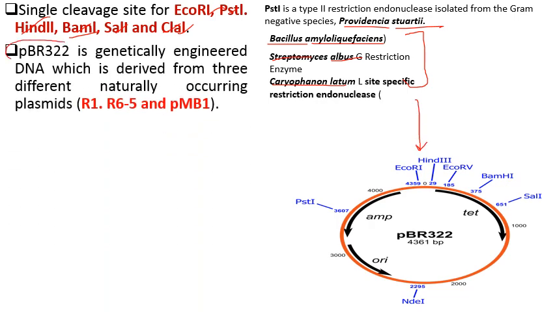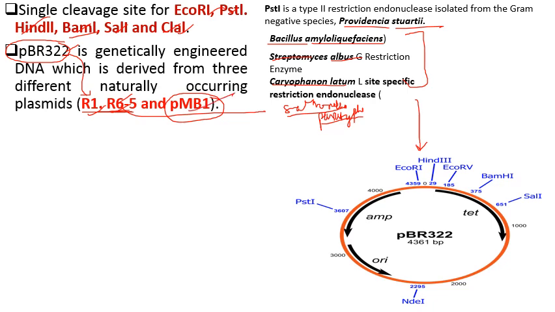Next, this PBR322 is genetically engineered DNA which is derived from 3 different types of plasmids, R1, R6-5, and pMB1. So with the help of these 3 plasmids, this most commonly used plasmid was genetically engineered. Here R1 and R6-5 plasmids were derived from one bacterium named Salmonella paratyphi. So these were derived from one bacterium named Salmonella paratyphi. So these plasmids, R1 and R6-5, were derived from it, and the third plasmid used was